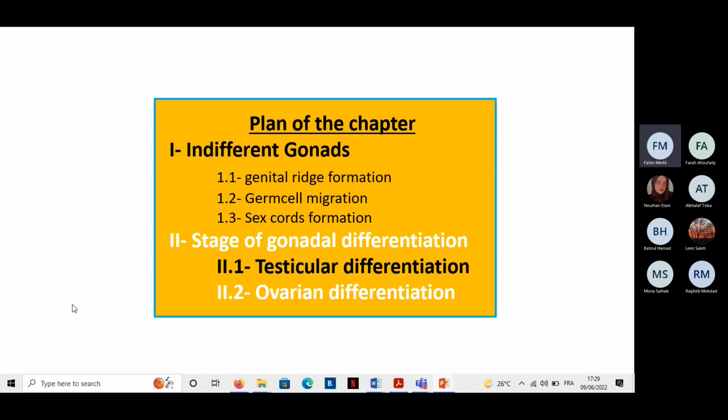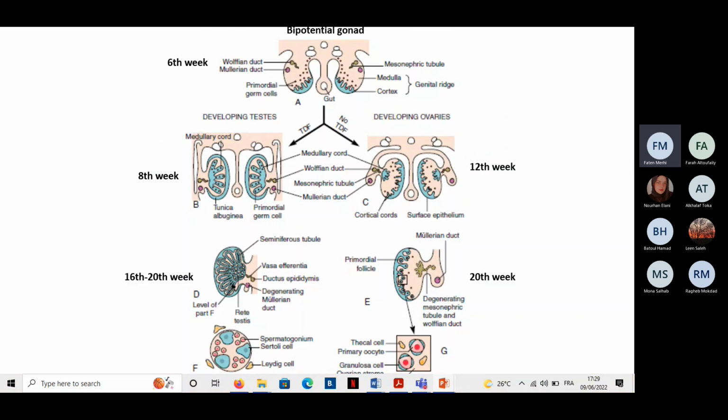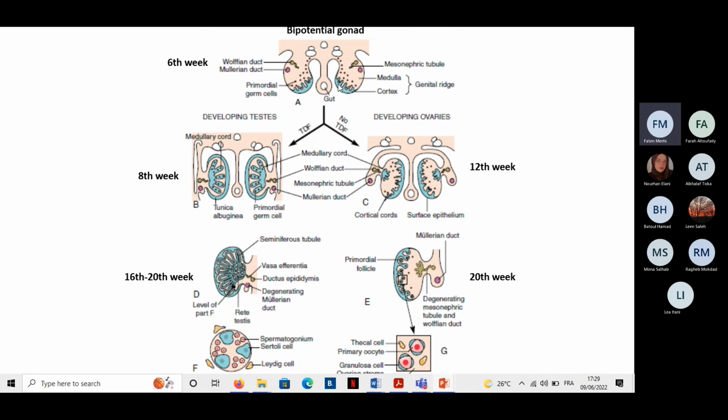Now I will move to talk about the ovarian differentiation. During the ovarian differentiation, as you remember, we had bipotential gonads having sex cords. The sex cords in the females will remain cortical. However, the medullary sex cords in the females will degenerate, the opposite of the male. In the male, we have seen that the medullary sex cords will be maintained and will become the seminiferous